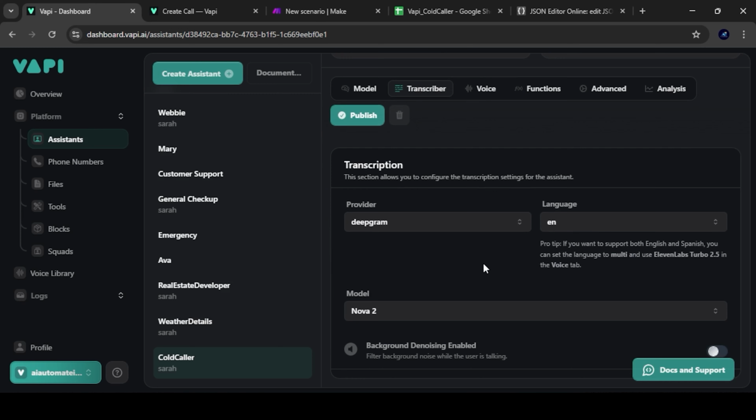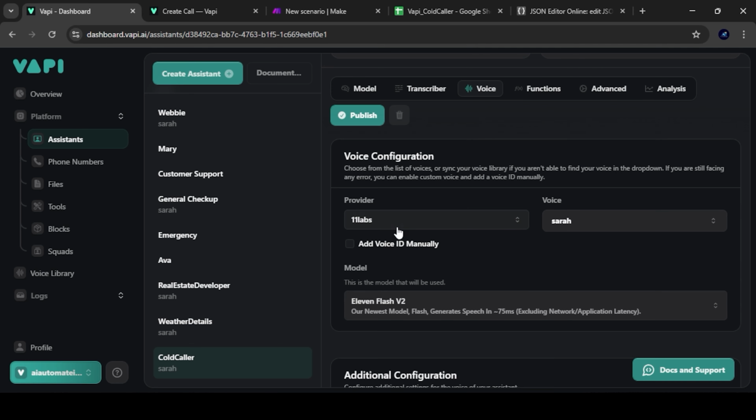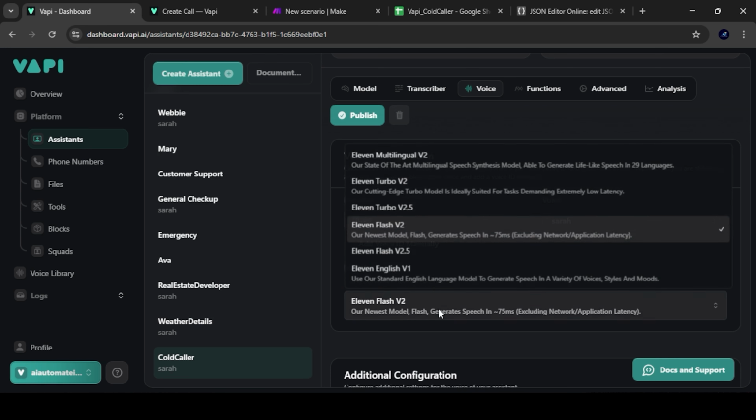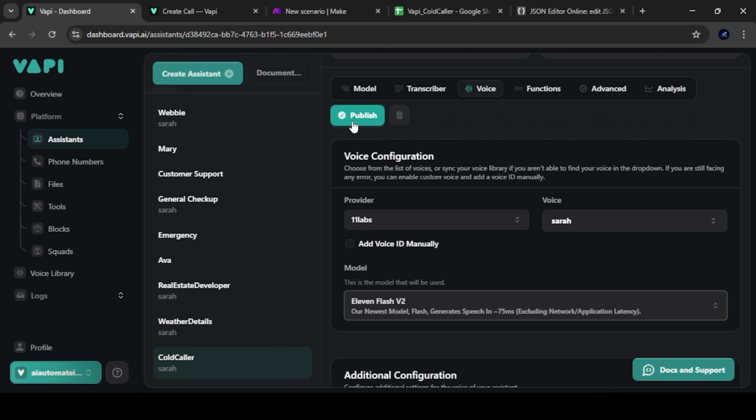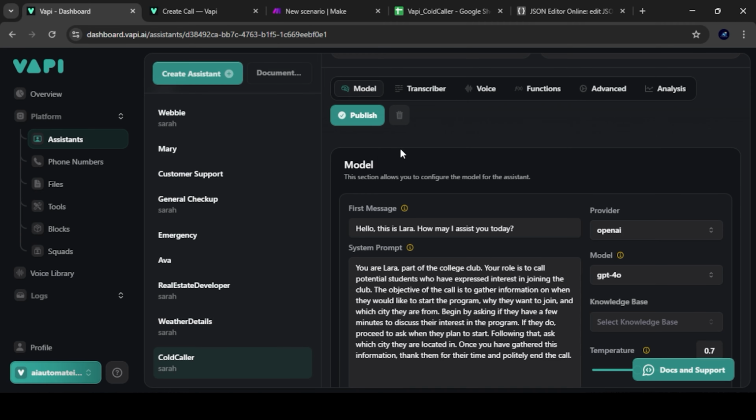Now let's go to transcriber. Here I have used provider as DeepGram, model as Nova 2. Then coming to the voice section, I have chosen 11 Labs as the provider, voice as Sarah, and model as 11 Flash V2. So then after setting all this, you just have to click on publish and let's move on